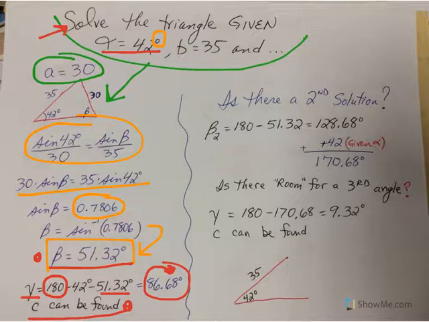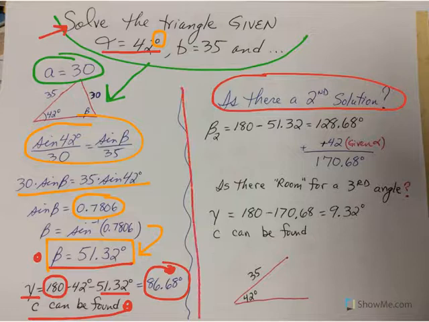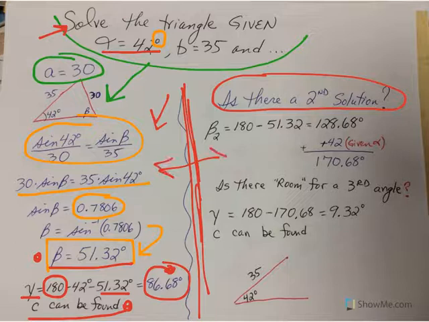So what you're going to do is ask yourself, is there a second solution? Okay, so we just found one. I do a split screen here. On the left, this is one solution, and if there is a second solution, I always draw a line down my paper so I don't mix the two values together. Otherwise, it just looks like a big blob on your paper and you start using values you shouldn't. So I suggest you draw a line down your paper, and you ask yourself, is there a second solution? Now, if there is a second solution, which I'm going to call beta sub 2 here,